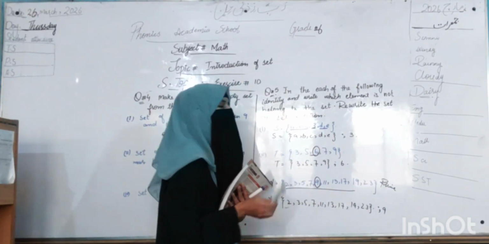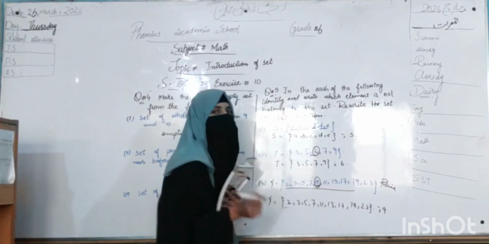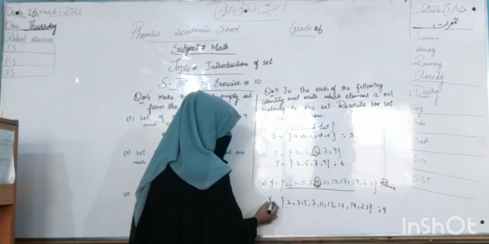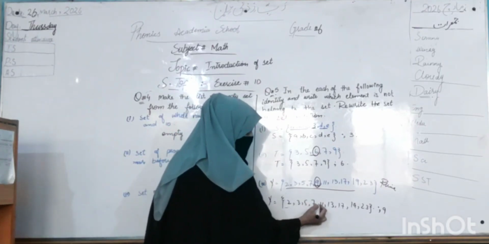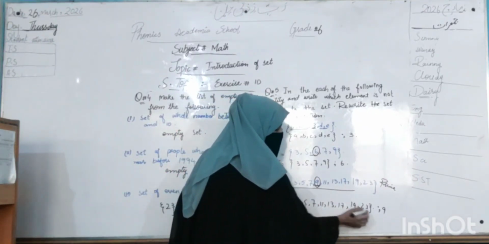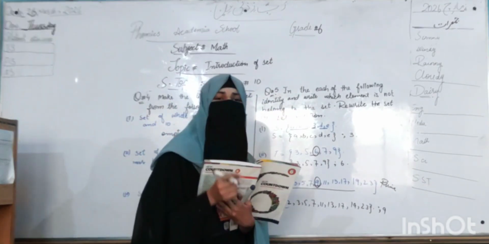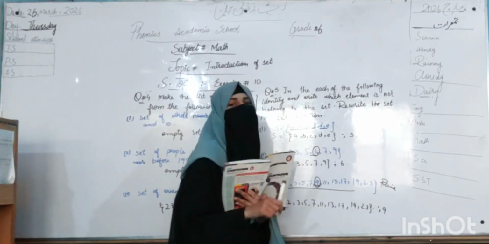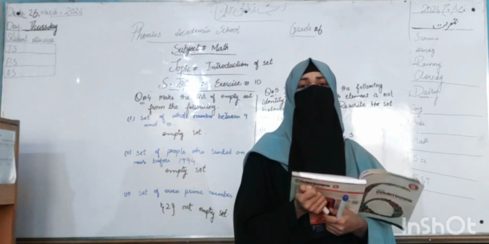But 9 comes in another table. So 9 is not a prime number. It means that 9 is not a member of this set. So we write Y is equal to {2, 3, 5, 7, 11, 13, 17, 19, 23}. These are prime numbers that come only in the table of 1 and itself. And 9 is not a member of this set because 9 is a composite number and it comes in the table of